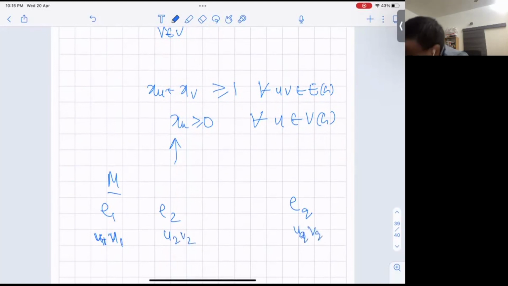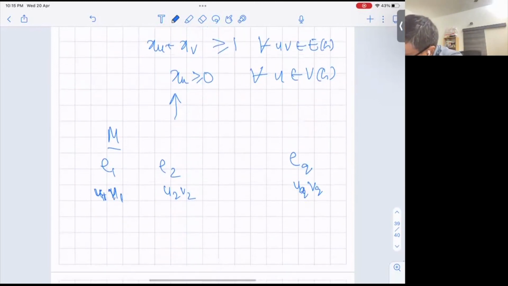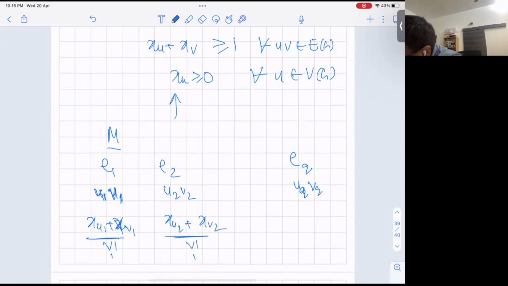What is the property? All these are pairwise disjoint. Now, for each edge we have xU1 plus xV1 greater than or equal to 1, and xU2 plus xV2 is also greater than or equal to 1. And this is true about any edge. So in particular, the values of these vertices are also